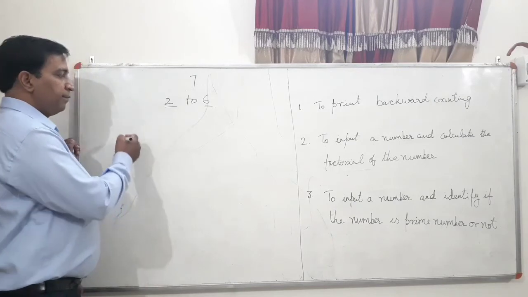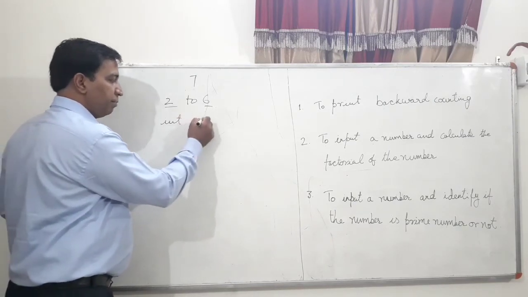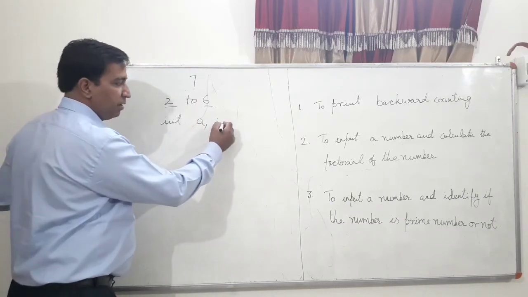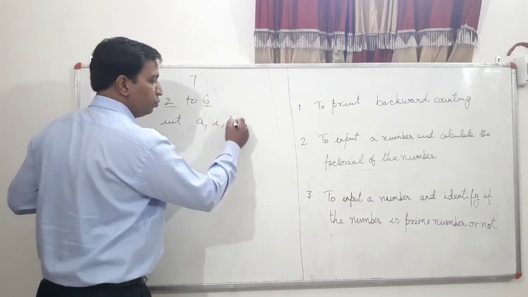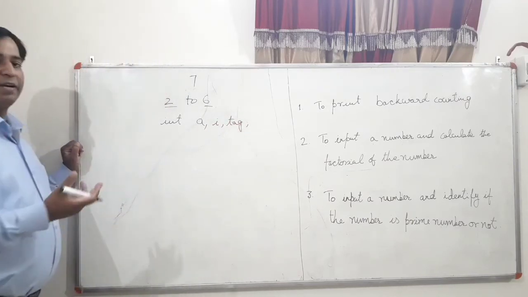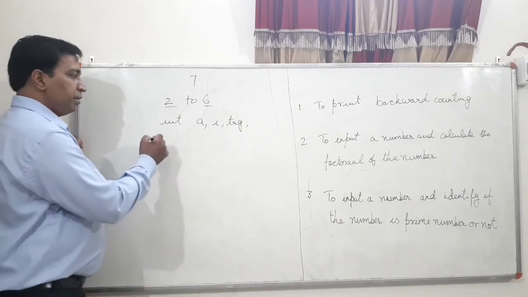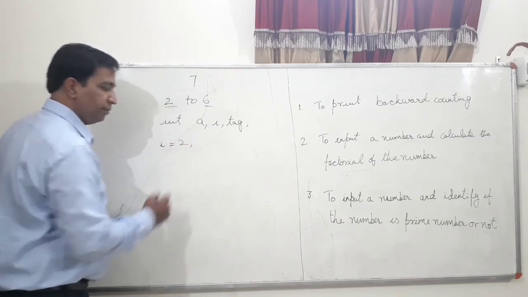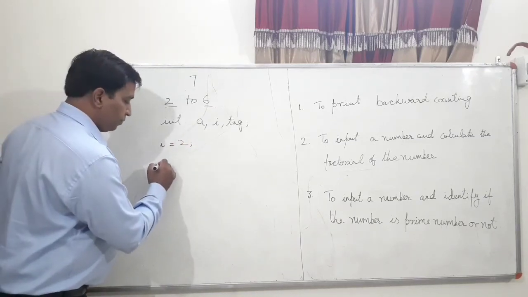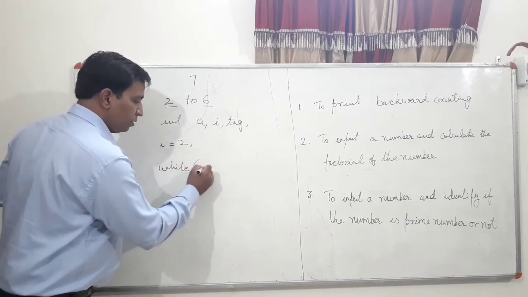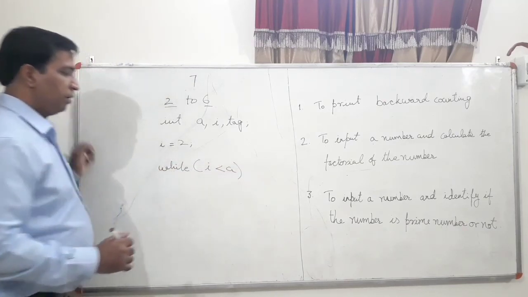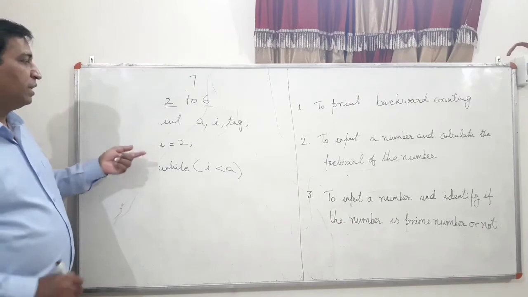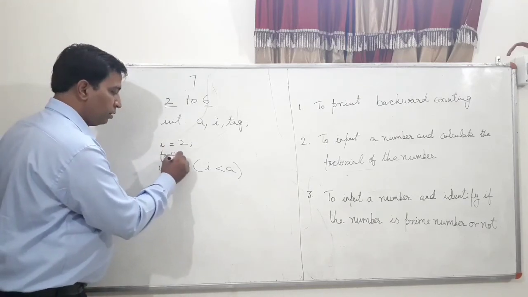Let's see how we can do that. We will need three integer variables for this. One is to scan the number, other one is as counter, and third is to check whether a number has been divided by some other number or not. Now I will be initialized by 2 here. The loop will run by the time I's value is less than a. And we will initialize tag also by 0.